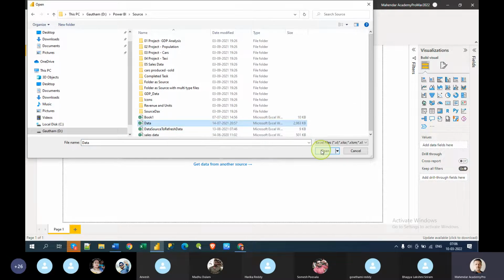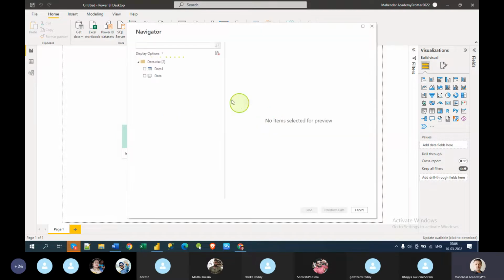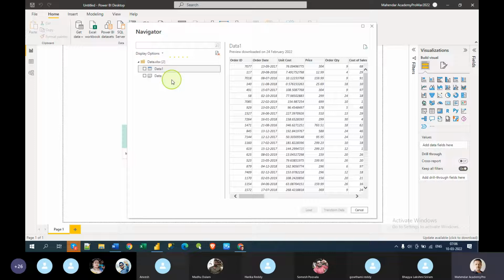So simply, what is there you will see. I'm not opening Excel. Now actually it has only one sheet, but Power BI will create two. If you just observe this image here, the blue color strip and without the blue color strip, which means Power BI will create the table on top of that Excel sheet.